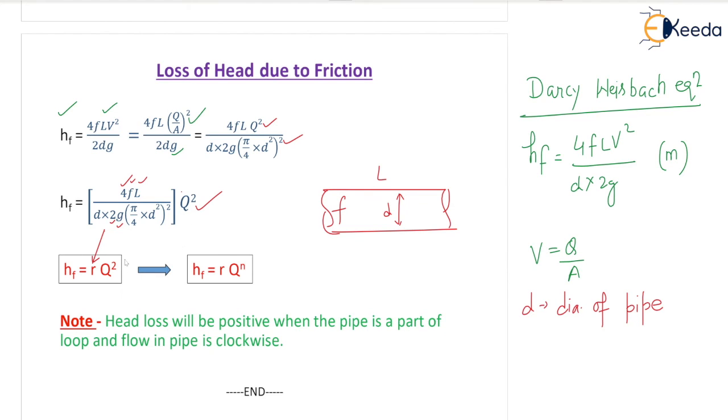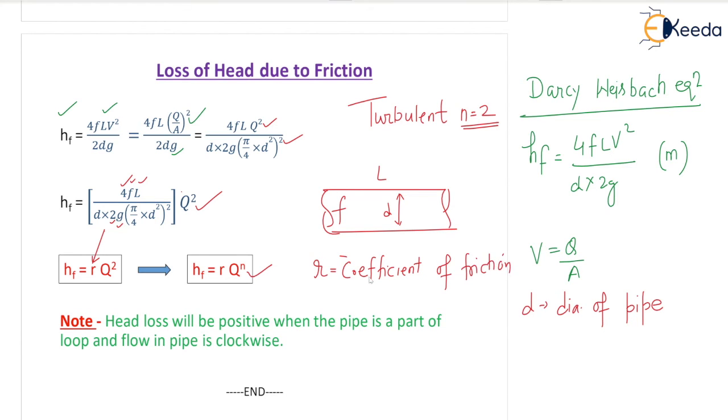And we know that this formula, Darcy-Weisbach equation, is mostly used for the turbulent flow, correct? Turbulent flow, where the value of N is equal to, so if for turbulent flow we are getting Q square, so N is equal to 2 actually. So HF is equal to R, you can see R here, Q to the power N, and N equal to 2 for turbulent flow, correct? So from this equation, can I tell you that R depends on, so what is inside the R actually? Inside the R we can see F is there, right? F, coefficient of friction. So R depends upon coefficient of friction,